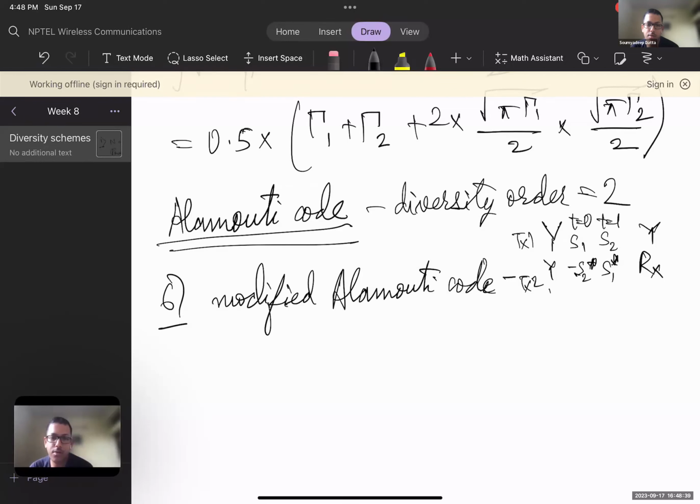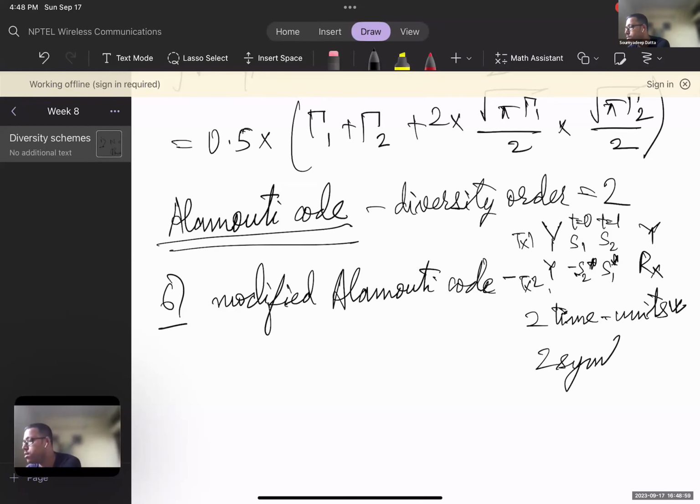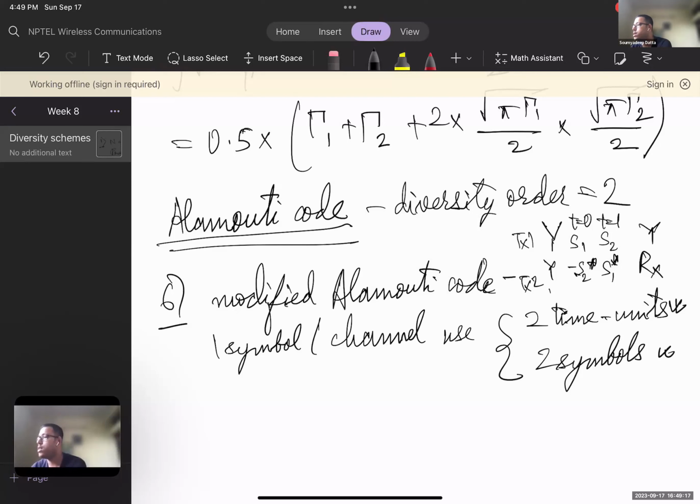eventually what you are ending up is at the end of two time units, you are taking up two time units, you are sending two symbols, right? So you are sending S1, S2, two data symbols. That means overall you are sending one symbol per channel use. You are using the channel two times,